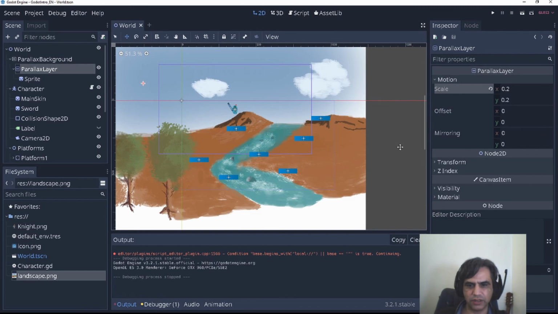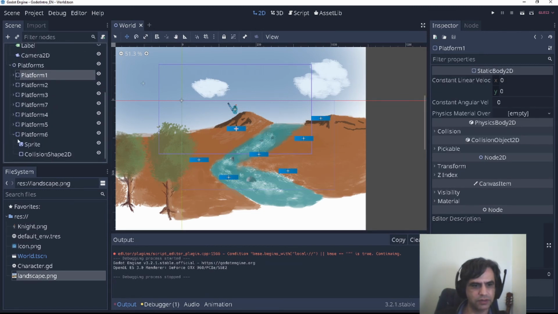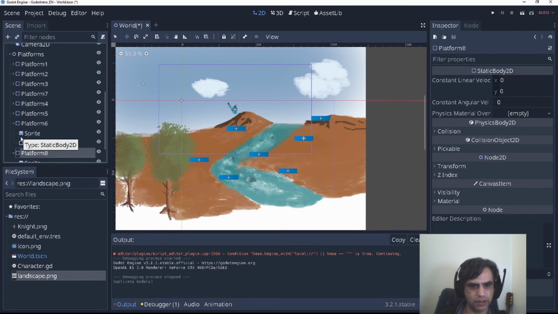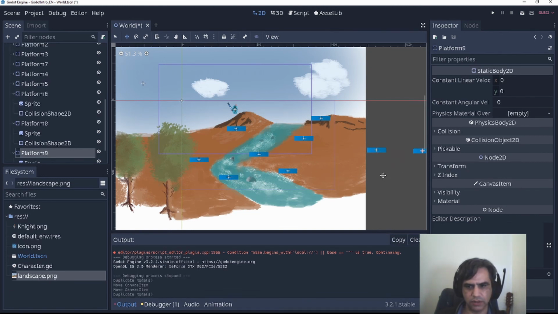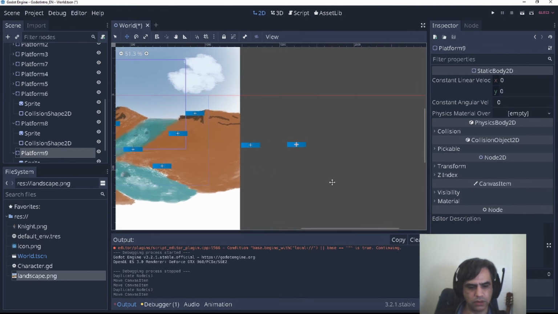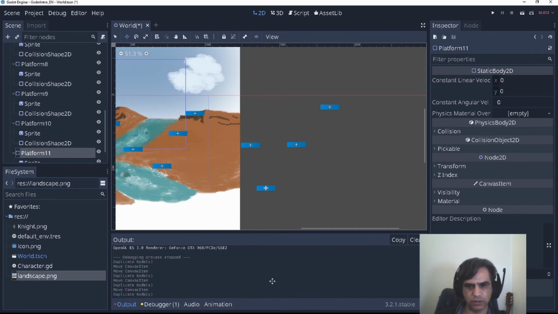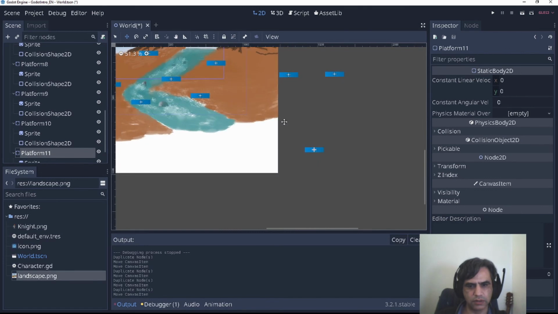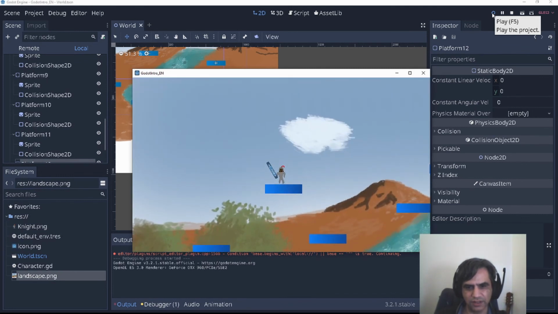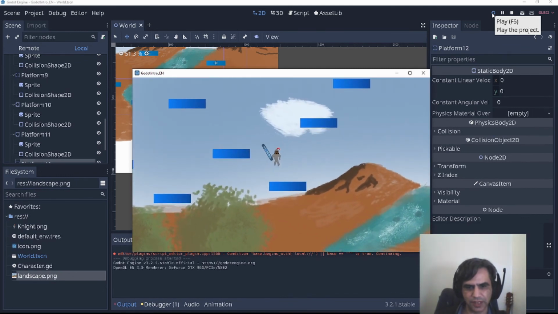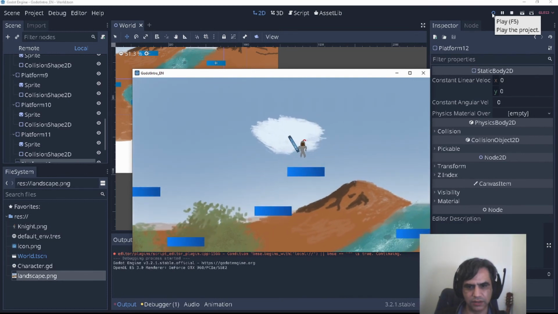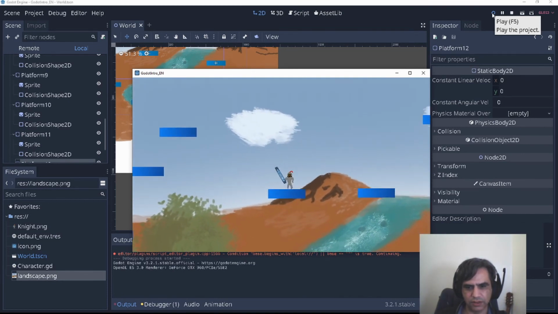Okay, we can have more platforms. So let's duplicate this guy. Something like this. Duplicate. Duplicate. It can go also down. Let's see if this is still in the range. It is still in the range.